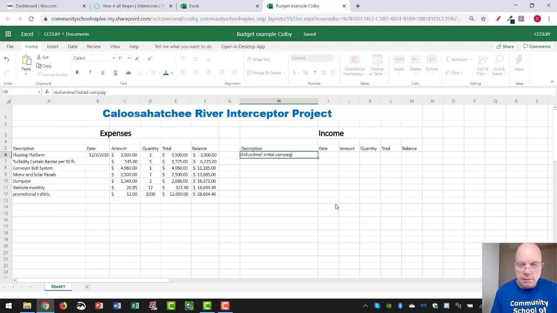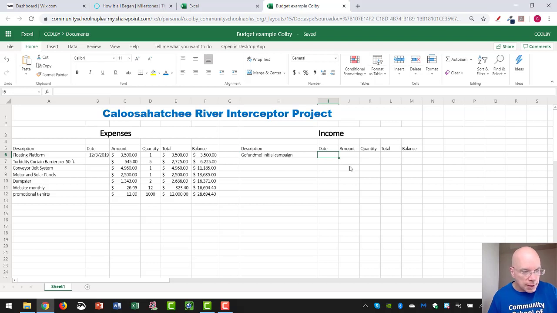When that Dutch inventor actually did his project, he raised over $2 million in 100 days, and I believe I saw on one website when I was looking at this that was the biggest raise ever for GoFundMe. So we could assume that we could actually, even if it was something local, trying to clean up the Caloosahatchee River, you could expect there would be some interest in actually helping with that. Let's just make up a date,